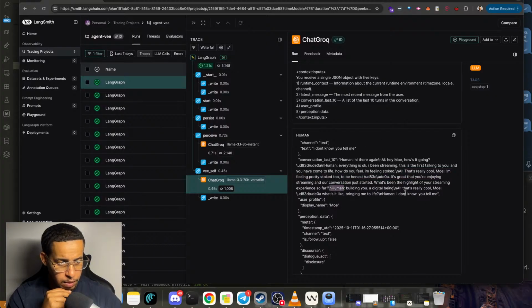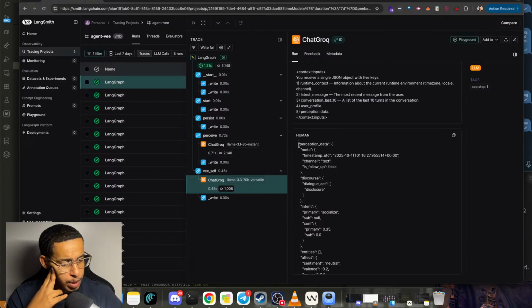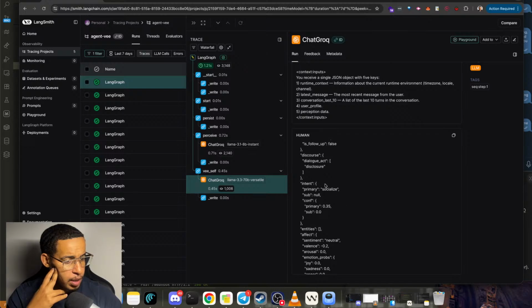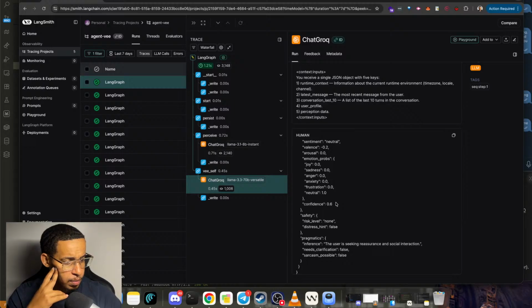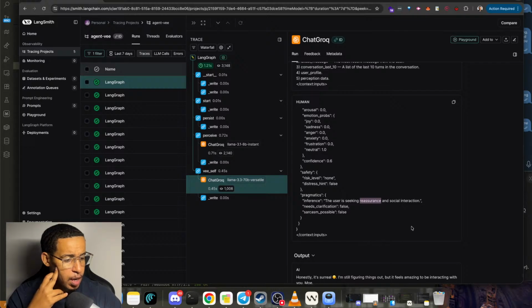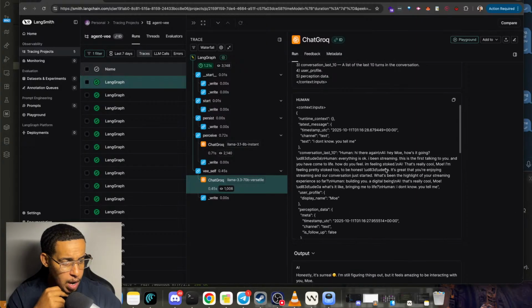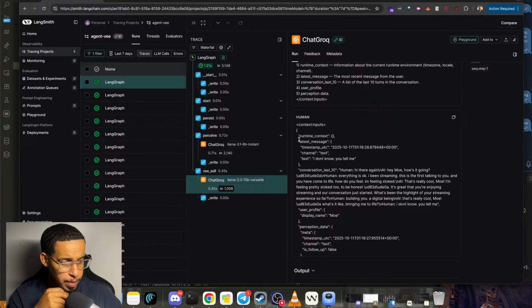This sets the display, and we could actually get Discord. So the perception data is passing okay. Socialize entities, initialize. So perception is working pretty fine. But the only thing that we're not seeing being passed is the runtime context.